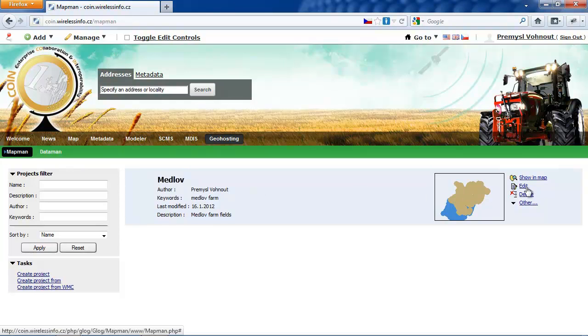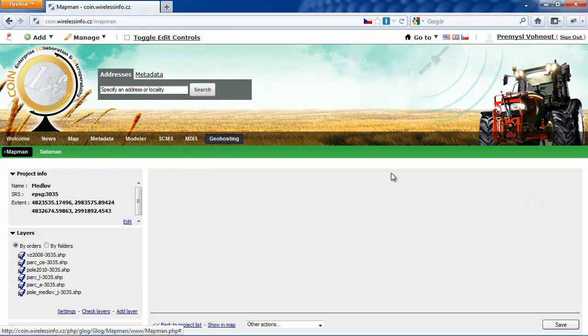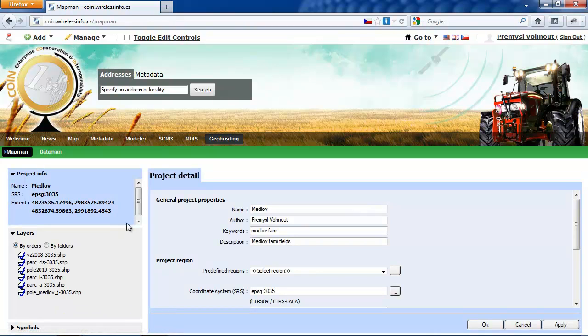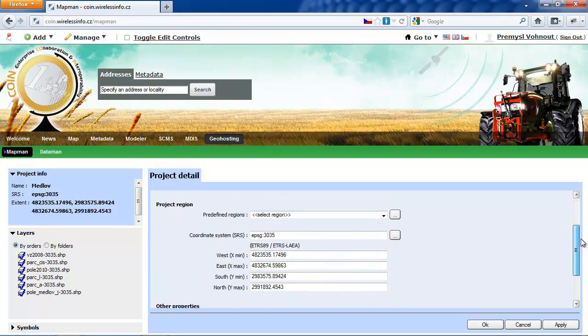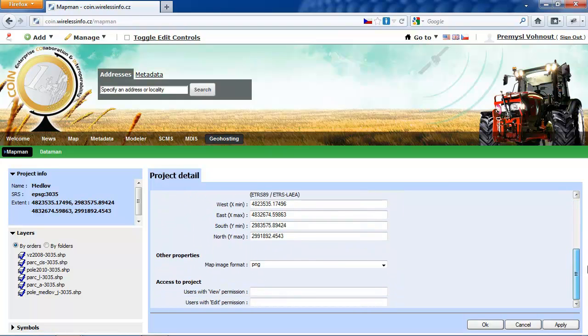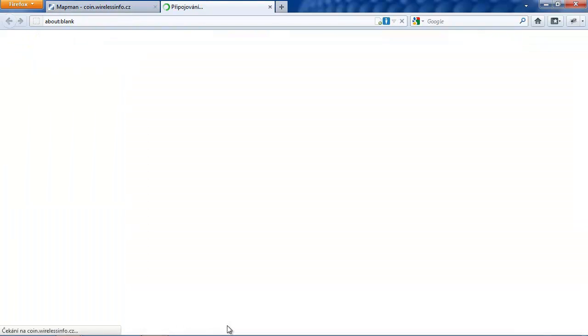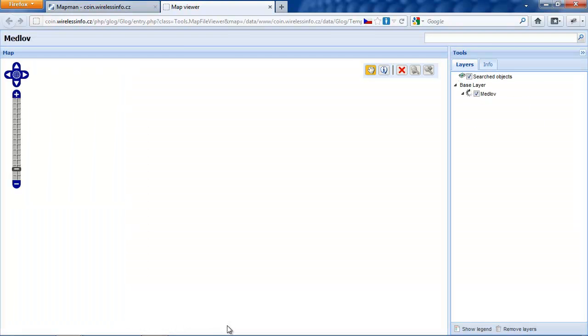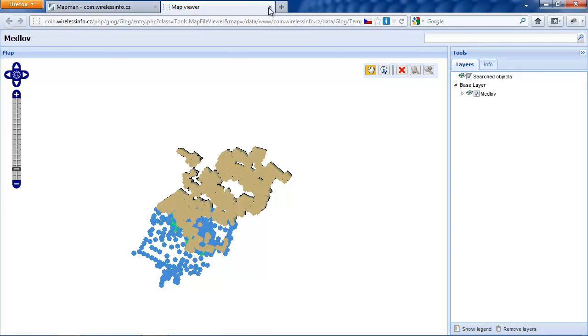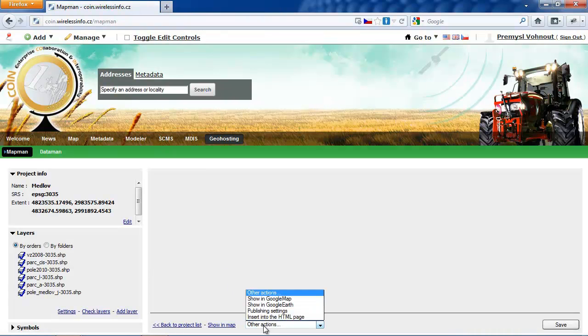Mapman is tool used for publication. Mapman works with map projects which can be very easily set by few parameters like name, keywords, or area of interest. After setting of these parameters, you can just add layers, set style of them, and then you can preview them in map or, for example, in Google Earth.